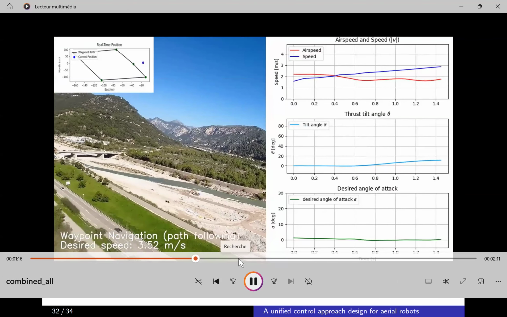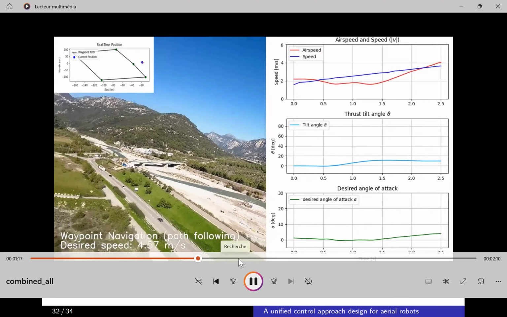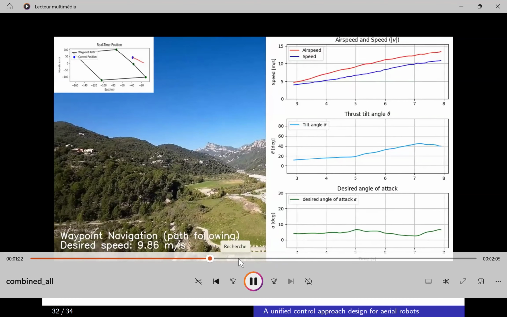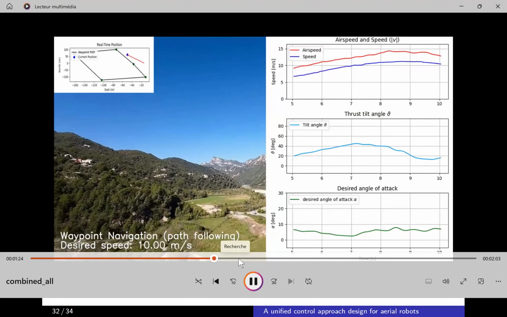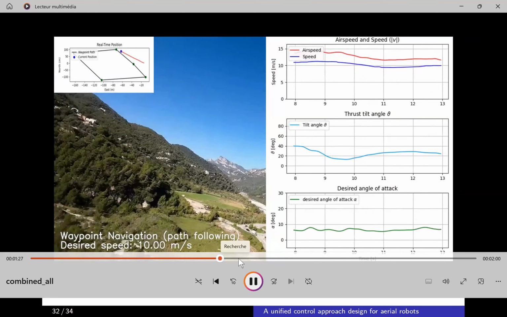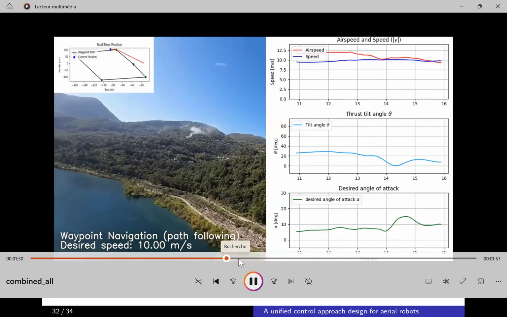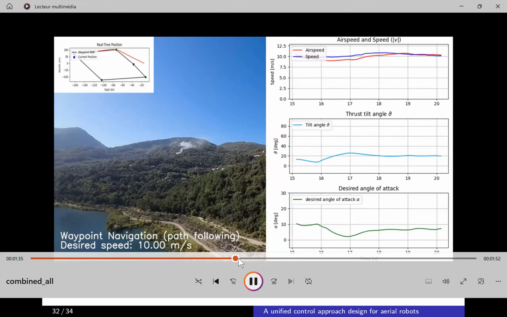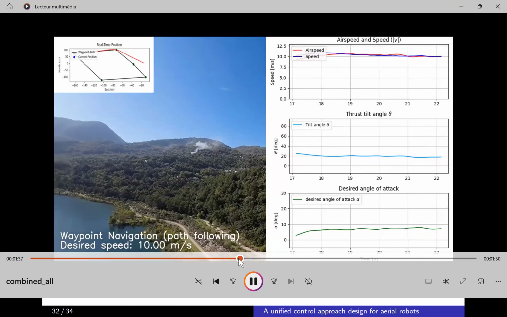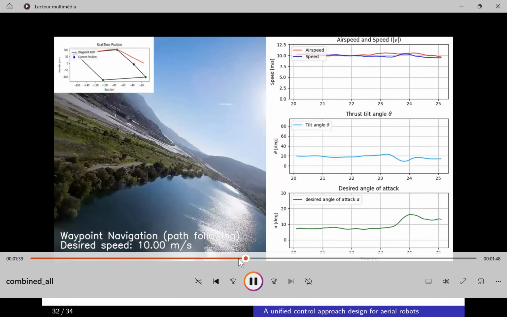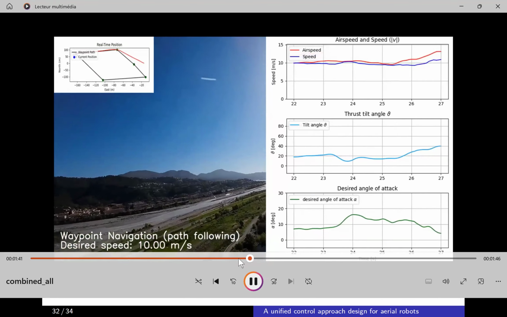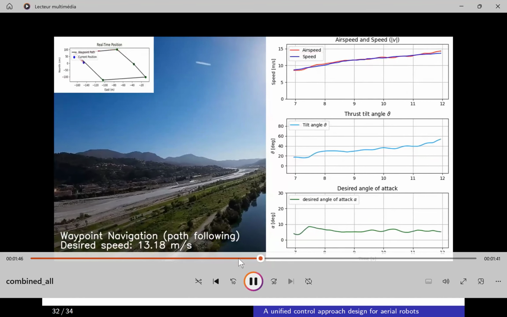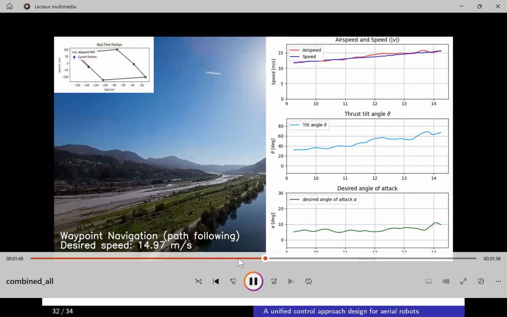This is following waypoints, but there is a lot of wind. Going from one point to another with the convertible vehicle and changing also the speed. Changing the speed means that they have to change the mode of the vehicle. Sometimes it looks like an airplane, sometimes like a quad, and with a lot of perturbation. And you see here the trajectory is followed very well. And when we arrive here, you see an overshoot because there is a lot of wind, and we have to